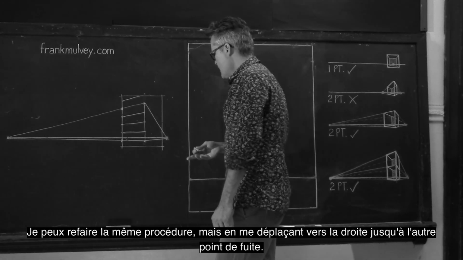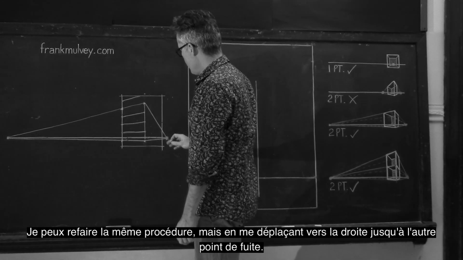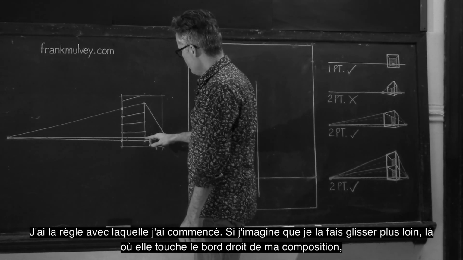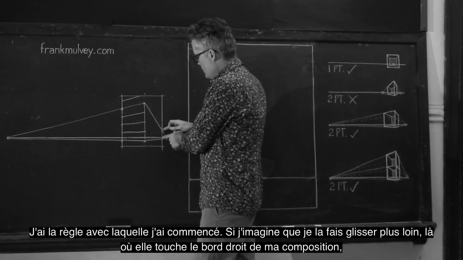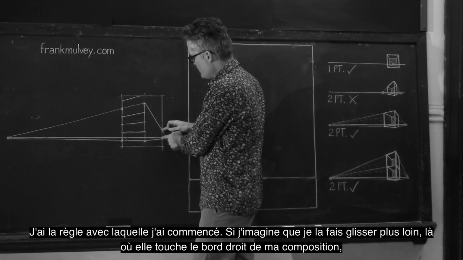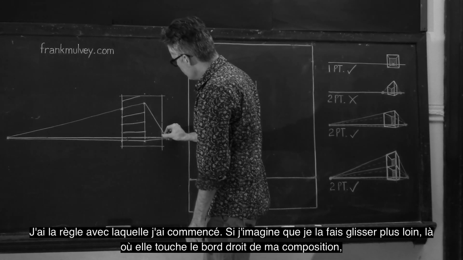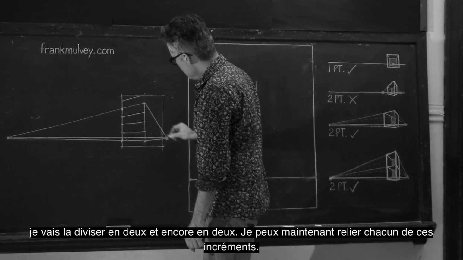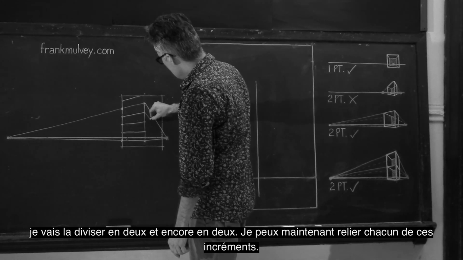So I can do this same procedure again, except moving off to the right to the other vanishing point. So I have my ruler that I began with, and if I imagine sliding it down until it's quite a fair distance further away from us, it's quite small, where it hits the right border of my composition, I'm going to divide that into 2 and then into 2 again. And each of these increments I can now connect up